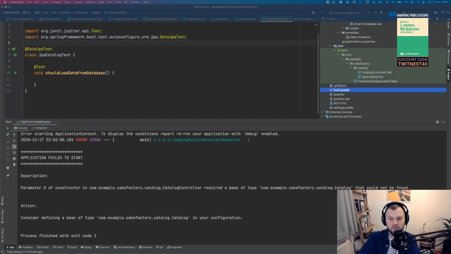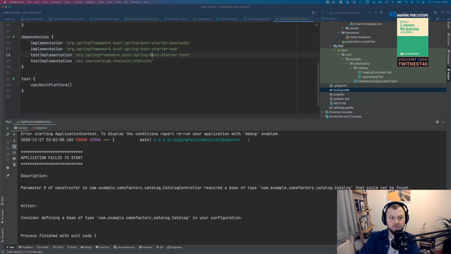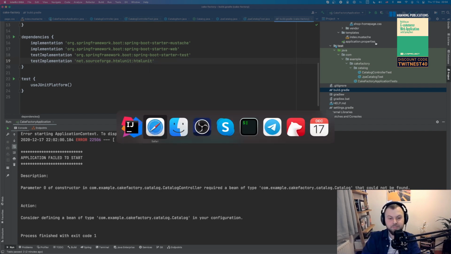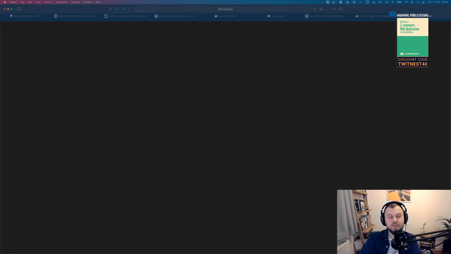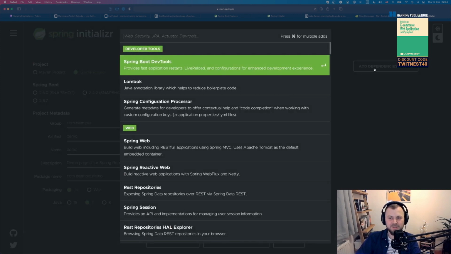And again, maybe to make things a bit faster, let's not use Postgres for now, just for the purpose of the stream, but let's use H2 database, which is an in-memory database we can use. So I'm going to show you another cool trick. If you want to add something to a Spring Boot project, and you don't know how, let's say you want to add H2 but you don't remember what the dependency is, you can always go back to the second best place on the internet, and you can guess what the best place on the internet is, or you can watch one of the Josh Long talks and find it out from there.